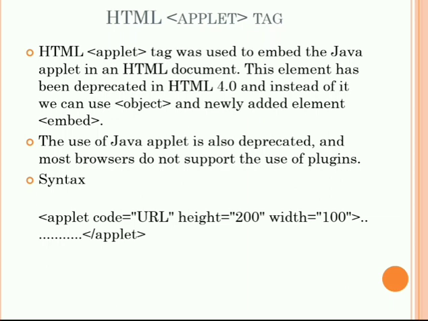What we have seen yesterday, what is used for stopping is nothing but the slash applet, and applet is used for starting of that particular applet. Okay, getting it? What is the syntax of the HTML applet tag? Whenever we want to create an applet, the syntax will be applet code is equal to whatever URL you want to give, then the height of that particular applet, the width of the applet, then slash applet. That is nothing but the ending statement.